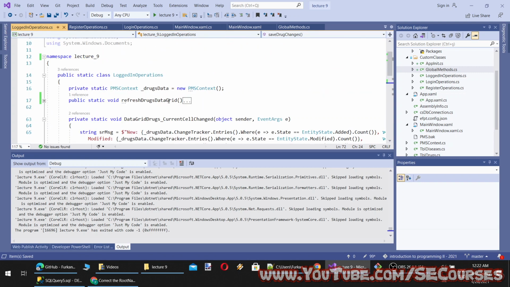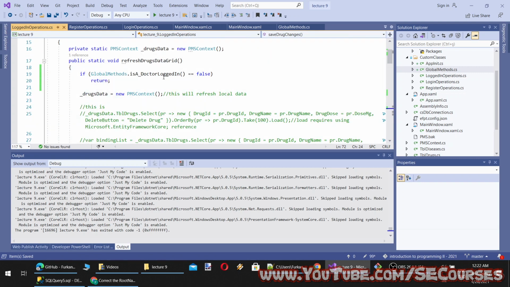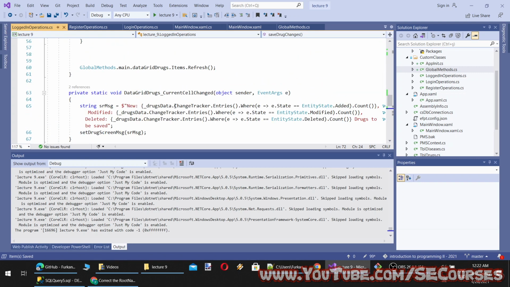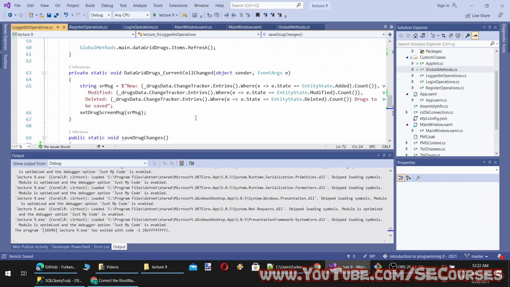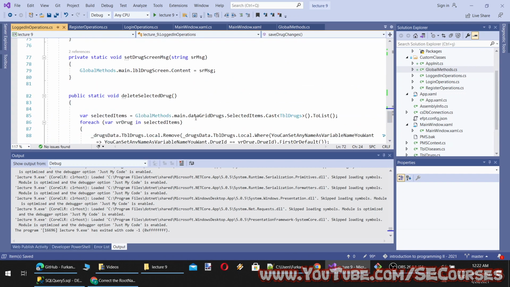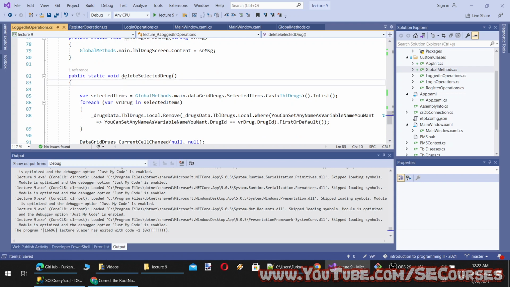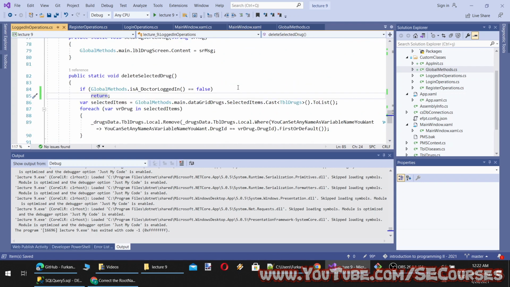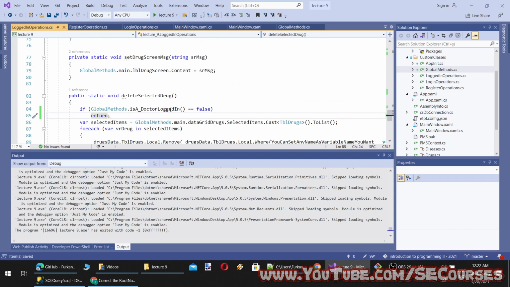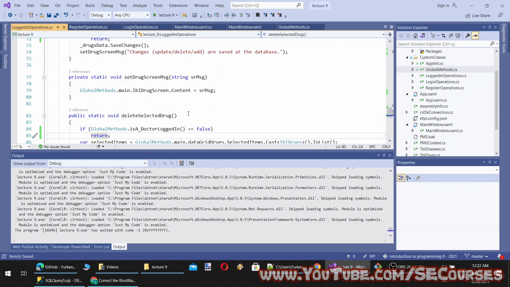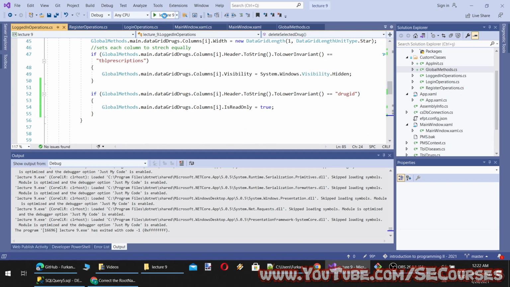So I will not allow them to either refresh or save the new data, okay, or delete data. Okay, so for each of these methods I am checking is a doctor logged in.